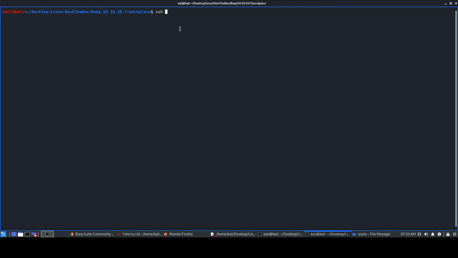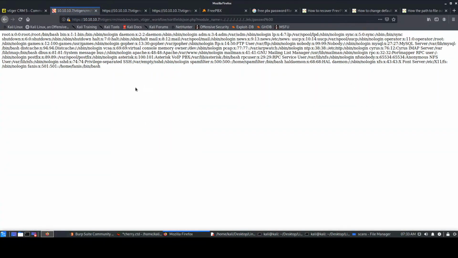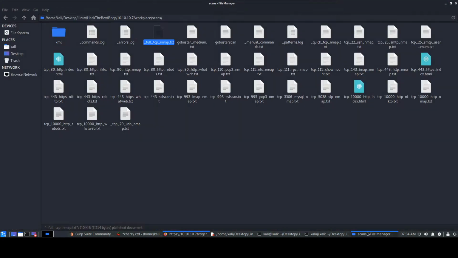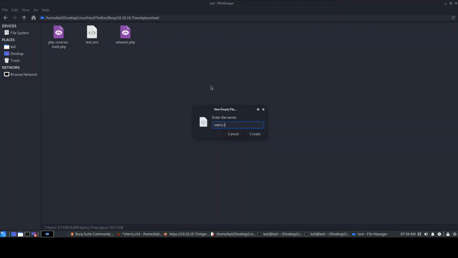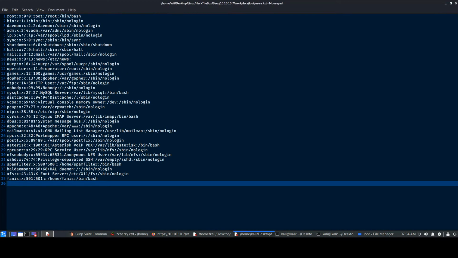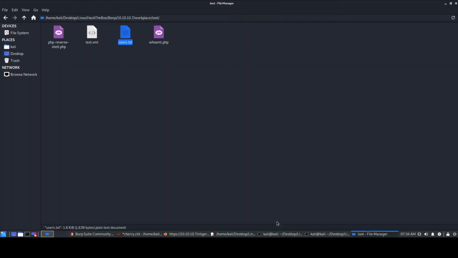We'll do SSH, and we'll have to give a username. We don't have the user, but we obviously found the username list, so for now we'll just fill out the target IP address, that is 10.10.7. Okay, and we need the username now. For the username, we already had the etc password file, right? We have the list of users. Let's just take this, copy it, create, and paste it. Okay, so we have this user list over here.